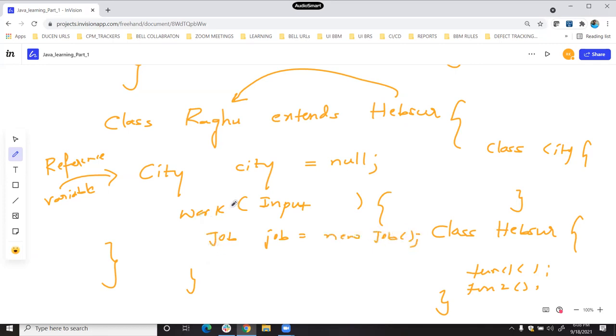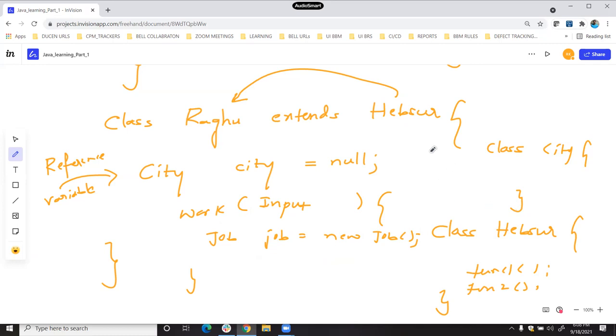While you want to execute a certain method, you're calling another class, instantiating it, awakening it. When you write the new operator, it is going to allocate the memory into